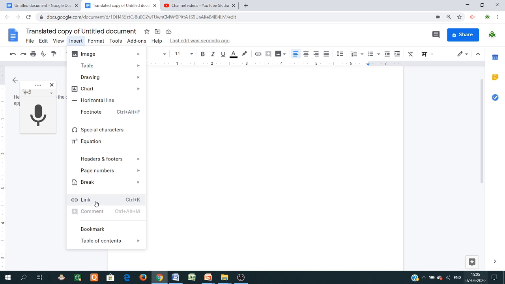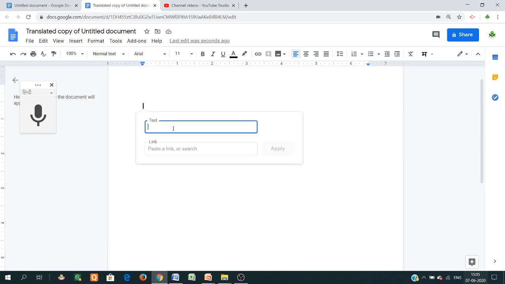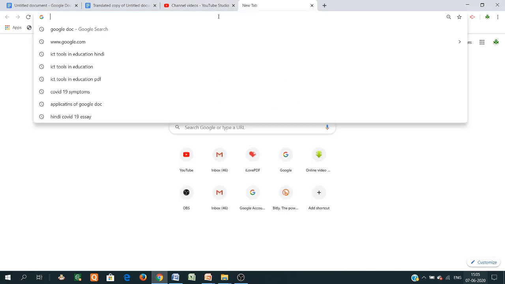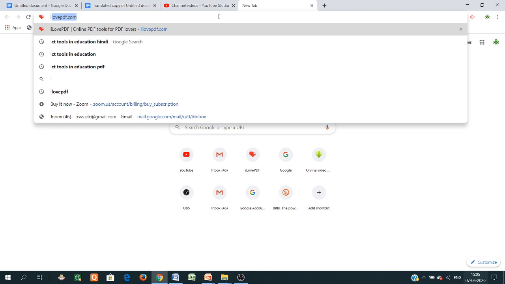Then you can add any link. So suppose you want to add a video, suppose a video link and give the description. Suppose you want to add any video, so just open the document or video. Suppose I want to add a document on ICT in education.